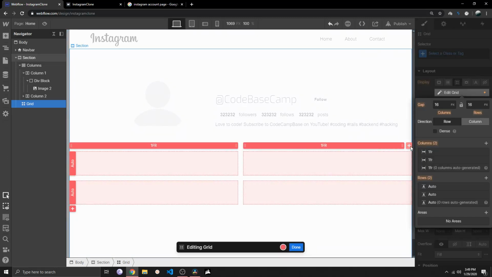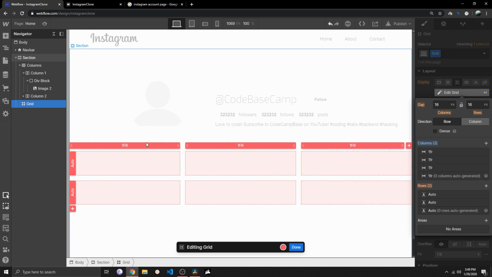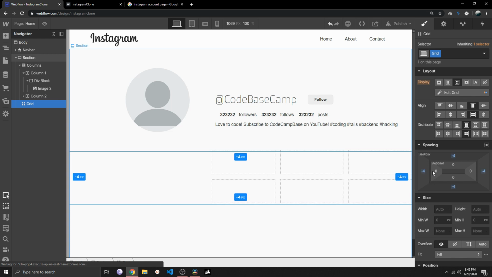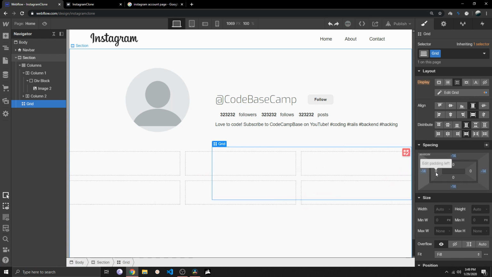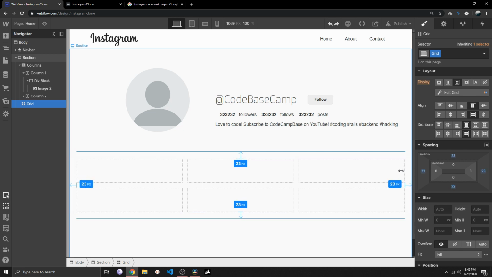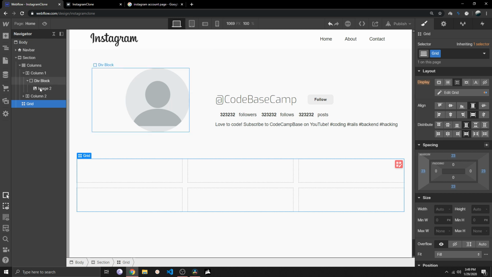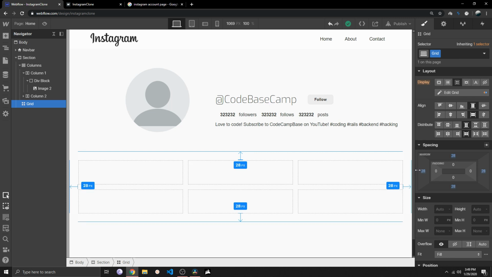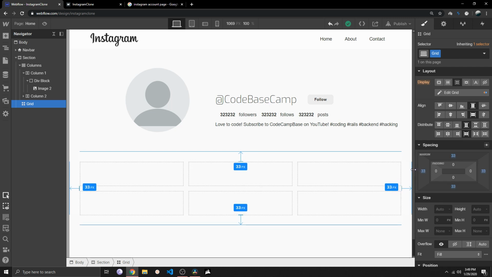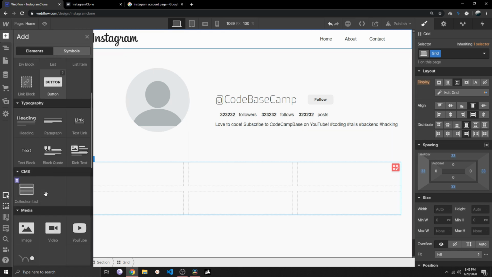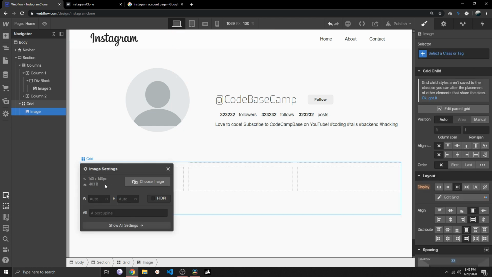So what I want is, let's add another column like so, and let's make sure that we have a margin for the grid. I will hold down shift to add, well, actually that was not something I wanted to do. I just want to add maybe a margin of 23, and then actually a little bit more, something like 33. And then again, we can just take, for example, the image, drag and drop that here,